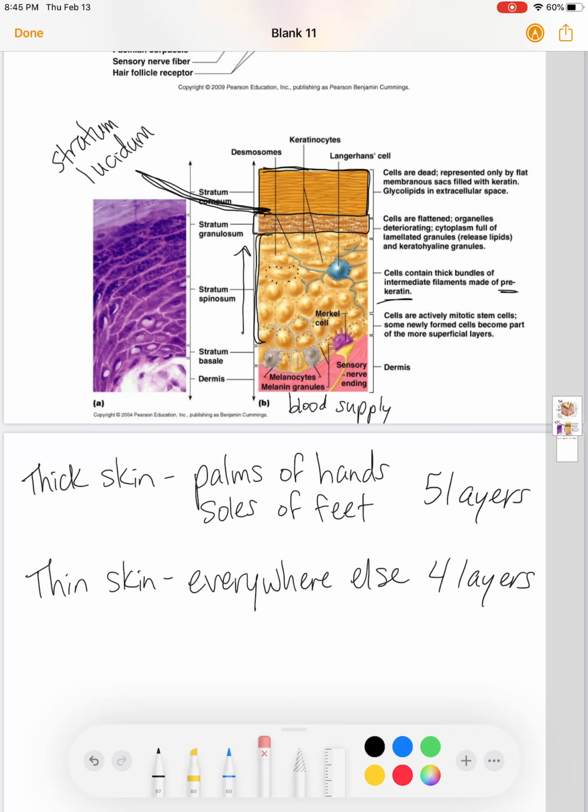All right. So you guys go through the skin, go through the parts of the skin and these layers of the epidermis, and let me know if you